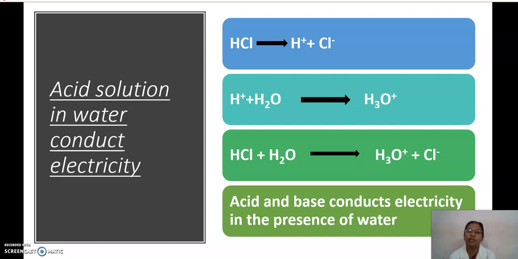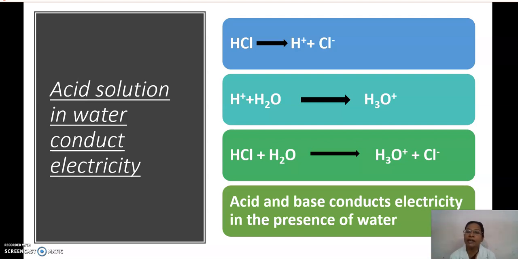The equation clearly tells us hydrochloric acid is ionizing into H plus and Cl minus ions. This H plus ion formed cannot stand independently. So immediately the H plus ions combine with the water molecules and become hydronium ions,